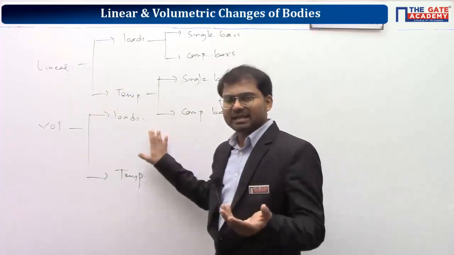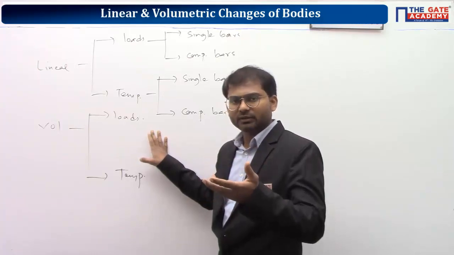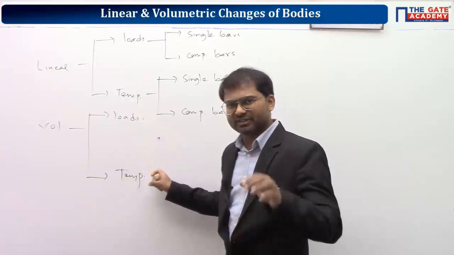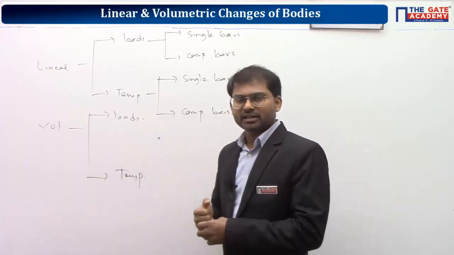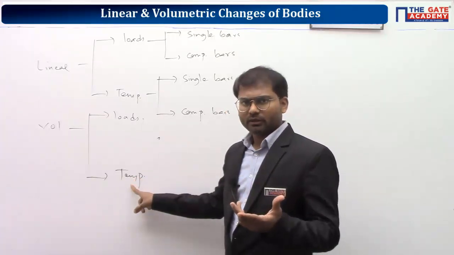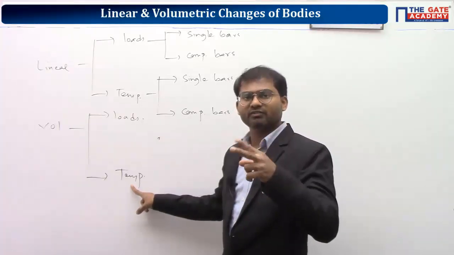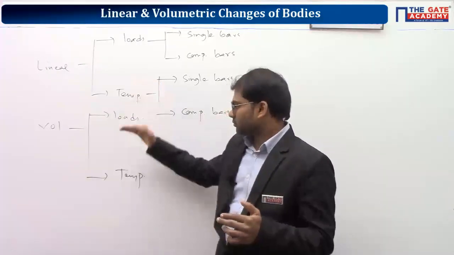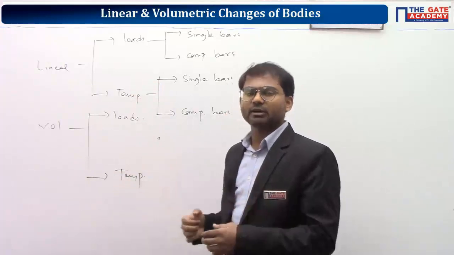that means at GATE level we don't have composite cases, or composite bars will not be dealt with regarding volumetric changes. So if you study about volumetric changes with loads and temperature for a single member, it's more than sufficient, because that's very complicated. As far as GATE is concerned, here only we'll see very less number of questions. We have seen only one question, we've seen two questions, both are based upon single formula only for the past 31 years, including both mechanical and civil. Still, as it is there in syllabus, we are doing it. But we haven't seen any questions at all.